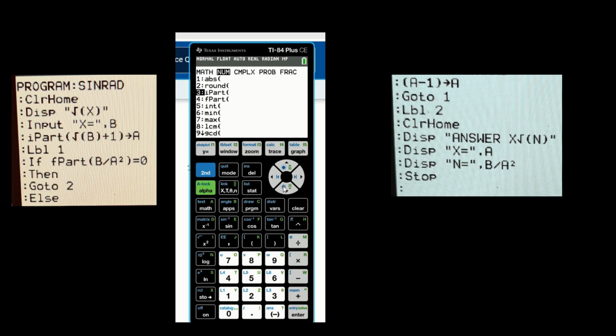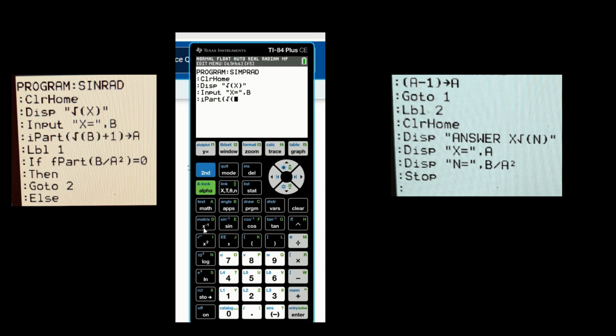So number 3, you enter that. Okay, we are now on iPart, so it looks like this already. And then after that, we are gonna press second and then the square root symbol.